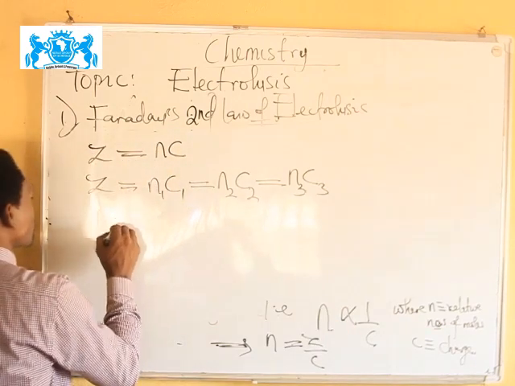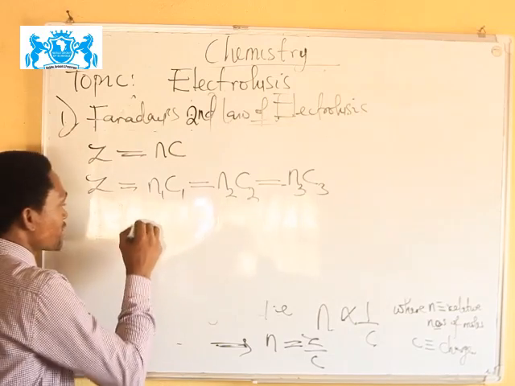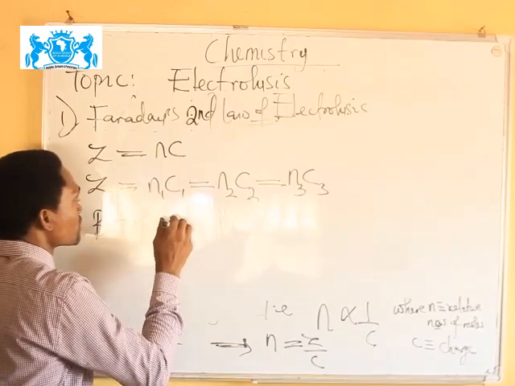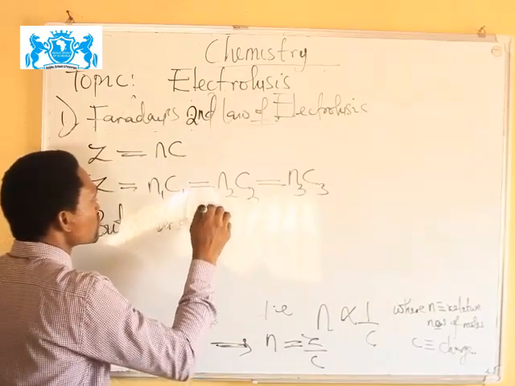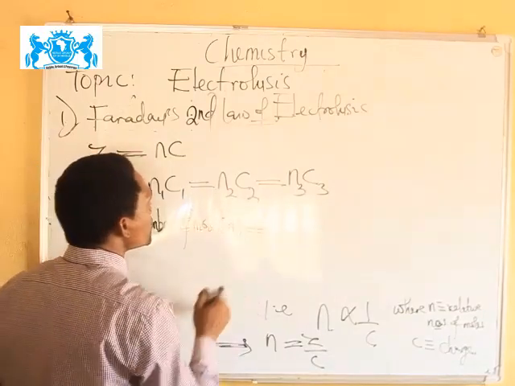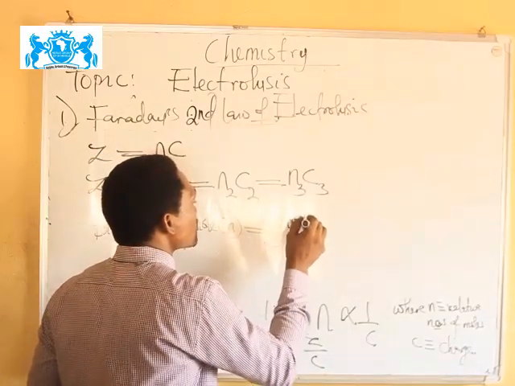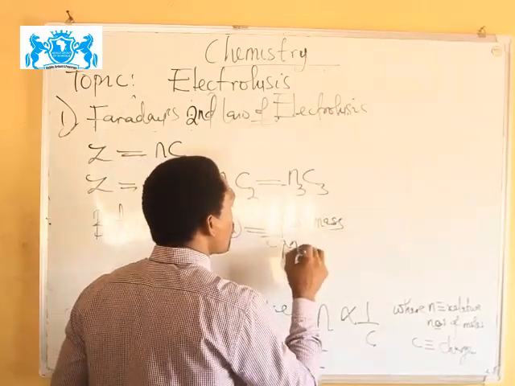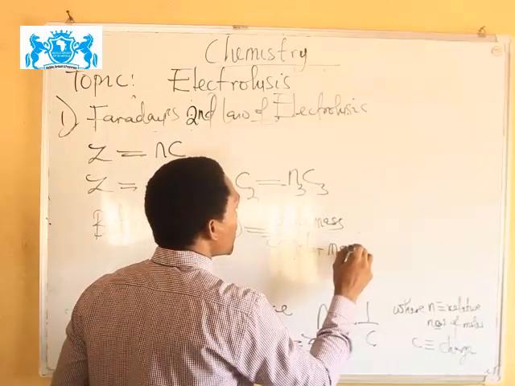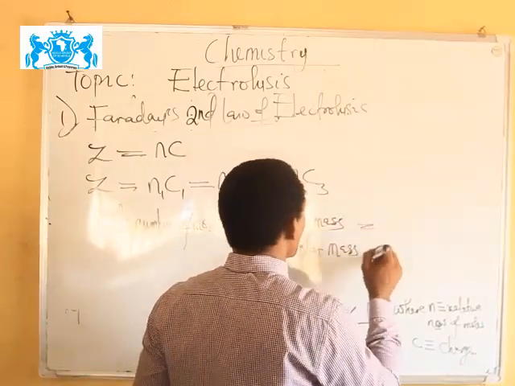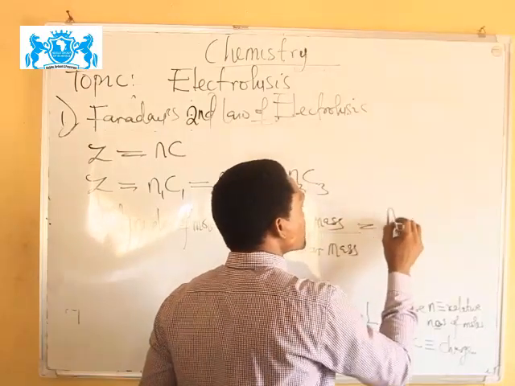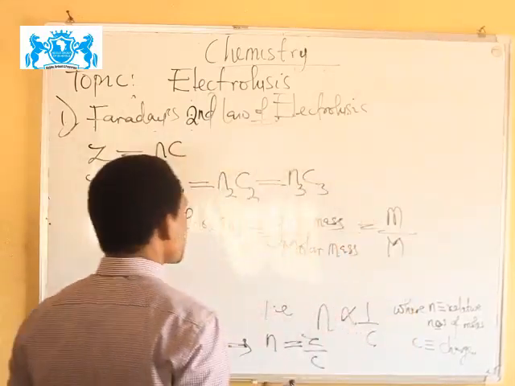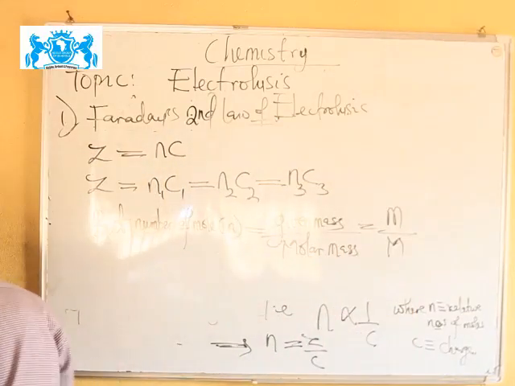Now you should know that n, which is the number of moles, is given as given mass or reacting mass over molar mass. So that is given mass, small m, over molar mass, capital M. So by the time you use it to replace what we have there,